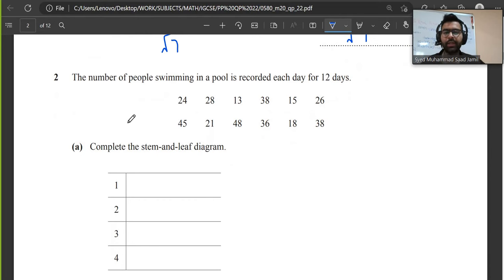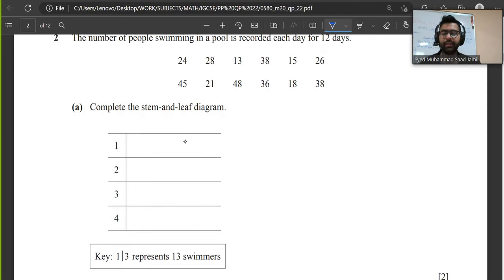is recorded each day for 12 days. Complete the stem and leaf diagram. And then they have given the key. 1/3 is 13 swimmers. So key is most important. First of all, you will arrange the data in ascending order, which means from small to big. So the smallest number over here is